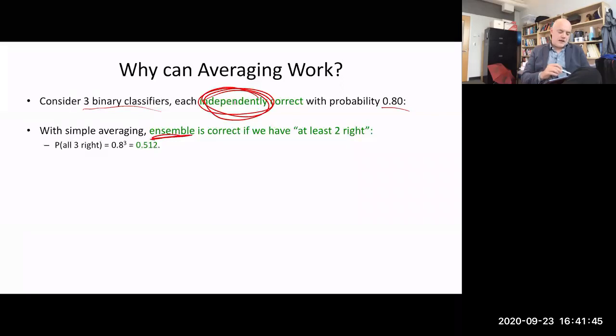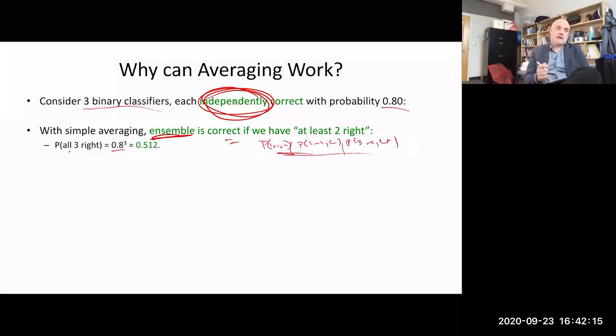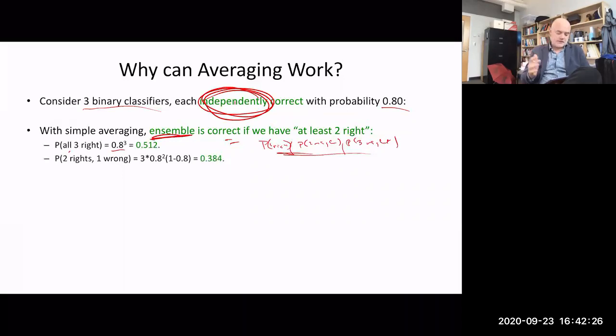So if we make independent errors, then the probability of all 3 classifiers being right is 0.8 cubed, okay? So the point is that the probability classifier 1 is right, times the probability 2 is right, and so forth, times the probability 3 is right. We can only say that this is equal to this if we make the assumption that the classification output by each of the classifiers is independently distributed. But averaging still works well if they're approximately independently distributed, which is what random